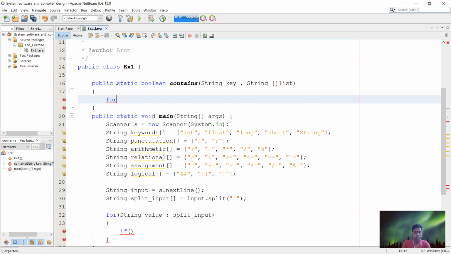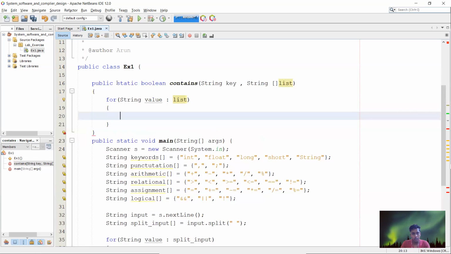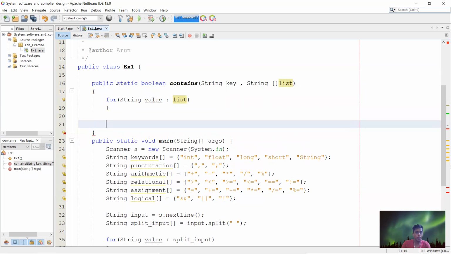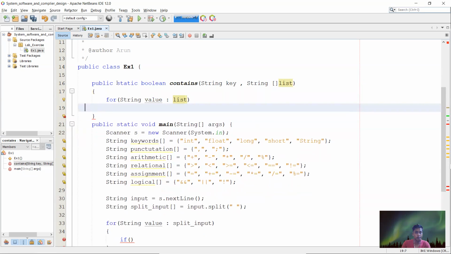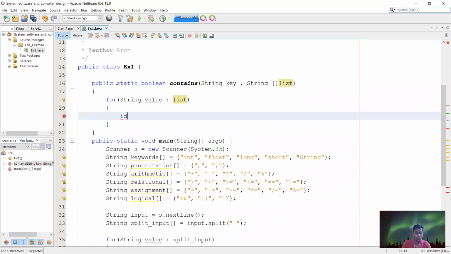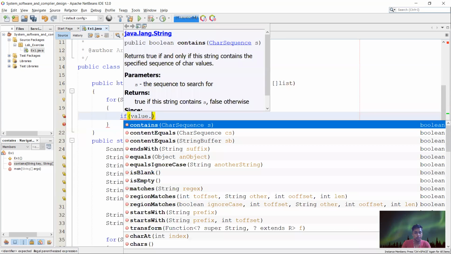After that we need to make the for loop inside it. I'm taking a value, that is, string value colon, and in that I'm passing the list. Inside that we are going to check a condition: if the value in the list matches.